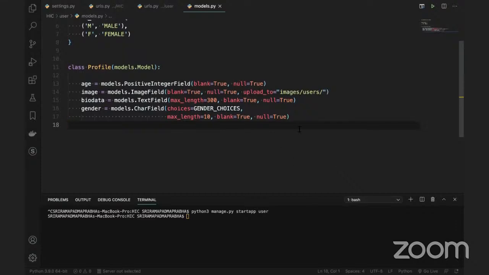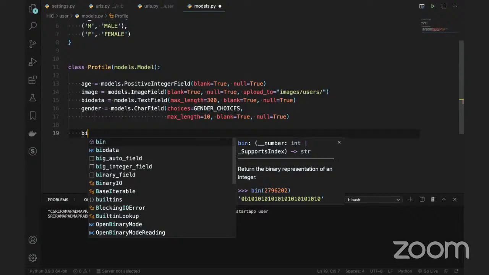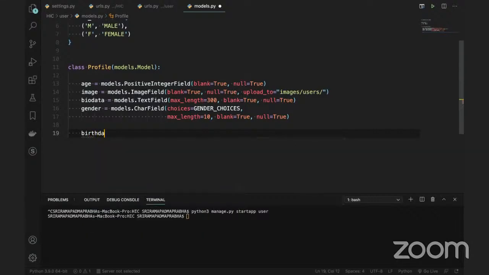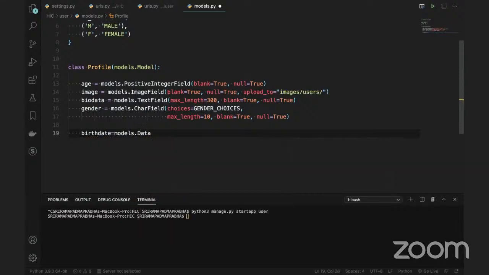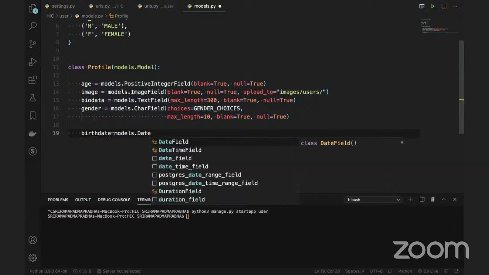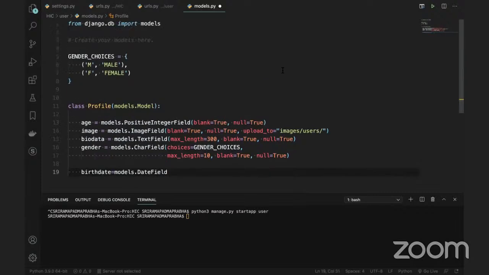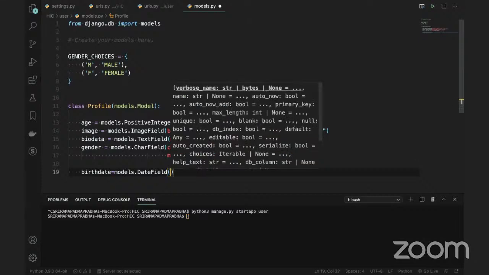So last one is the birth date. So we need the birth date, but anyway, by using the age also we can calculate by using the birth date. But I am taking birth date is equal to the models dot and date field. Okay, so this is the date field. In the date field we can take the time basically, right? So we need to import